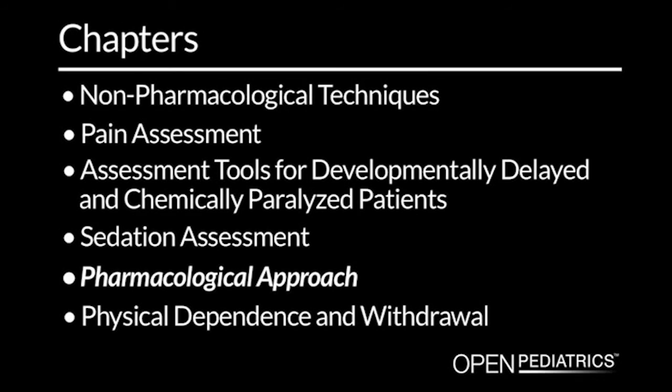Pharmacological approach. When a patient is intubated and you want to use medications to help keep the patient safe and comfortable, usually a combination of narcotics and benzodiazepines in synergy together work quite well. For narcotics, the most common drugs that may be used are morphine or fentanyl, depending on what you have most readily available to you. Whichever drug you use, you can use it as intermittent dosing, or you could potentially, if you have the resources, use the medications as continuous infusions so that you can keep the patient in a steady state of